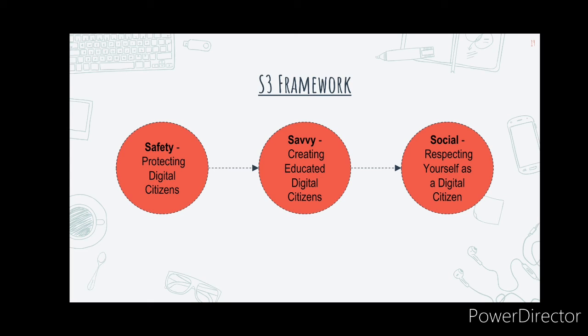Next, we have the savvy, creating educated digital citizens, or wisdom and practical knowledge. They understand to make good judgments. In many school or district mission statements or goals there is often some mention of being lifelong learners.